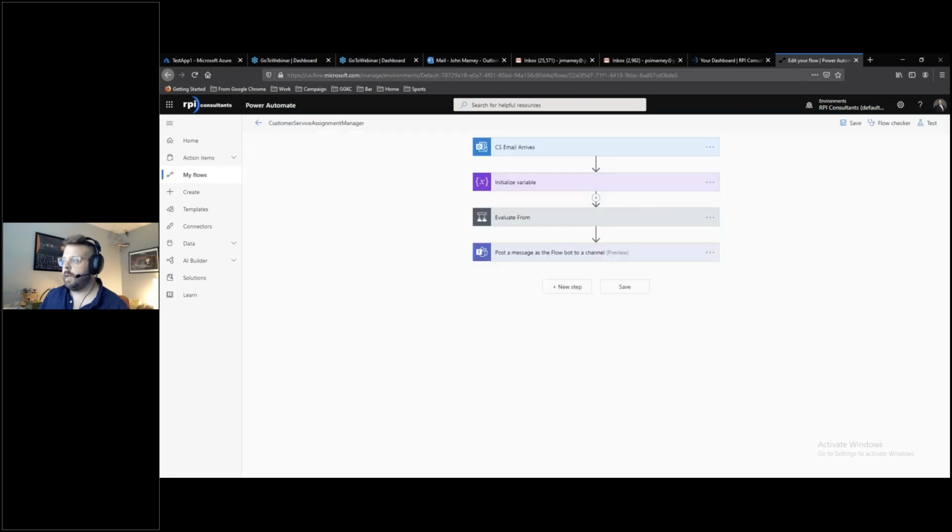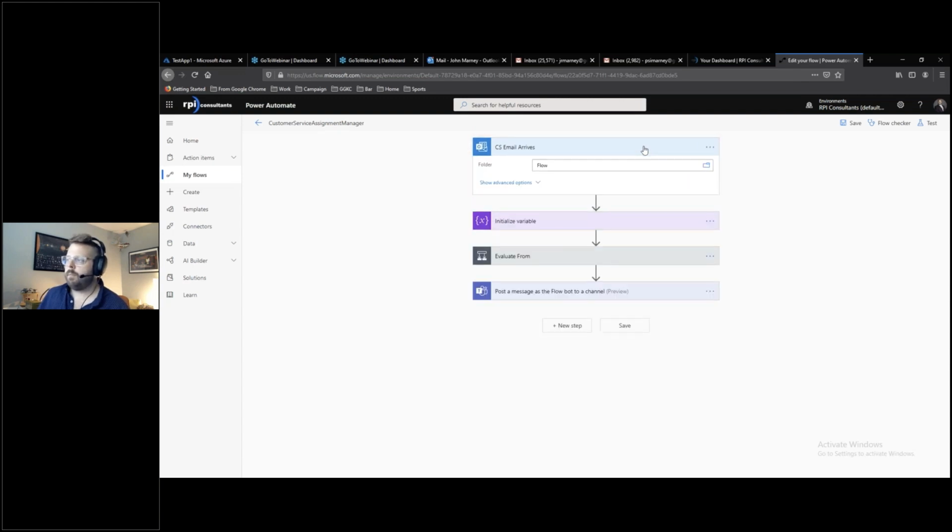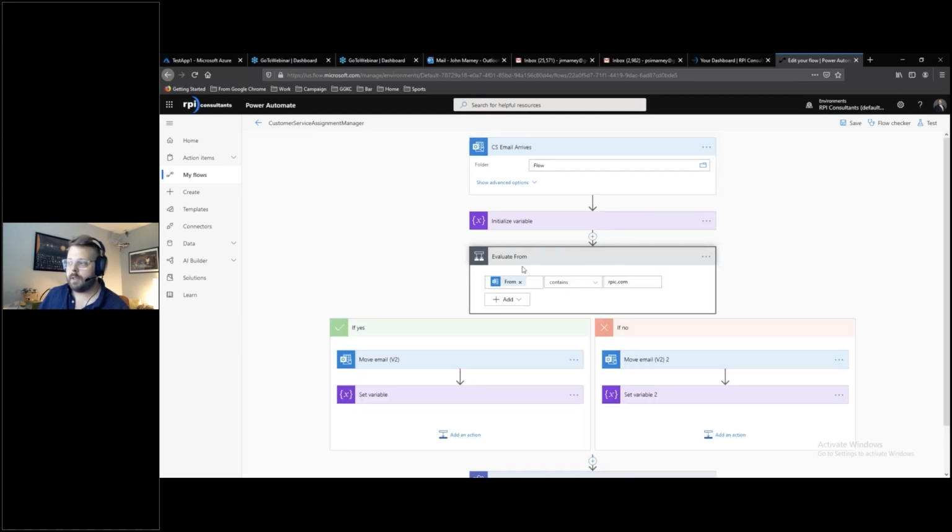All right, we're going to edit this guy. So the trigger's the same. I still want this to happen when an email arrives in the inbox. And I still probably need the variable because I still am ultimately going to be evaluating a condition, but my condition's actually going to change. Now I'm going to use an adaptive card to evaluate